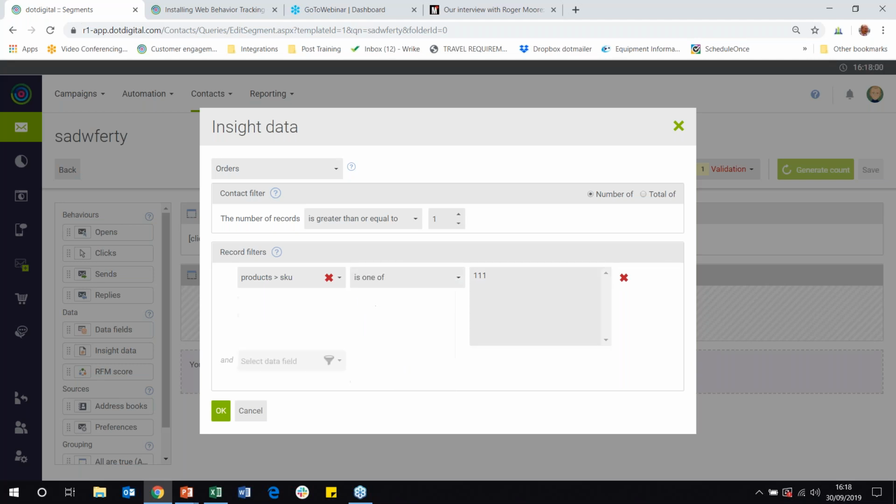Who's bought one of these products, and so on? Who's got at least one order buying one of those 3 products? Great. When did they buy it? Purchase date. So who's bought one of these products in the last week, in the last day? And again, think about this idea of anything we identify in a segment, we can act upon automatically in a